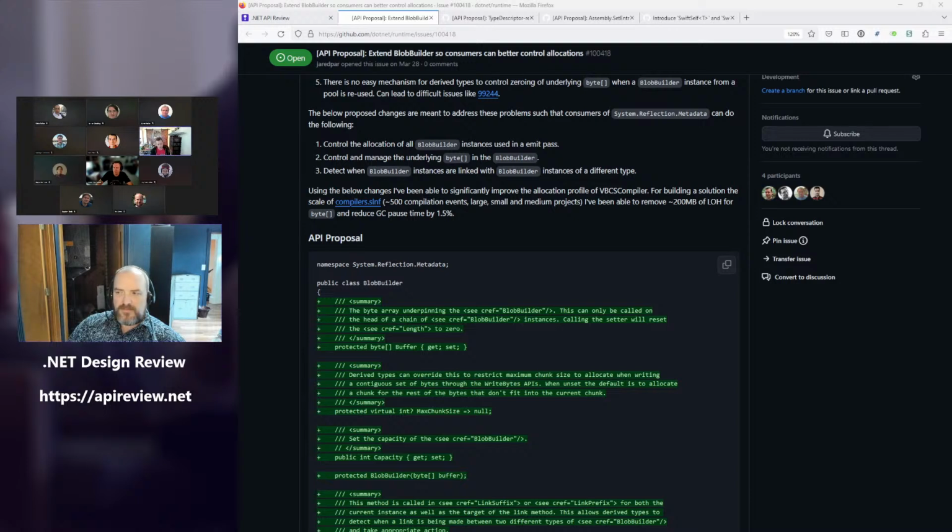This strategy, though, has a number of problems that we've run into. The first one is, unlike String Builder, blob builders have this thing called linking. You can take two blob builders and say link prefix, link suffix, which is basically put me at the end of the chain or put me at the back of the chain. The problem we have there is there are zero guarantees that when you call link, they came from the same pool. You can have a bunch of blob builders from one pool, then someone creates just a